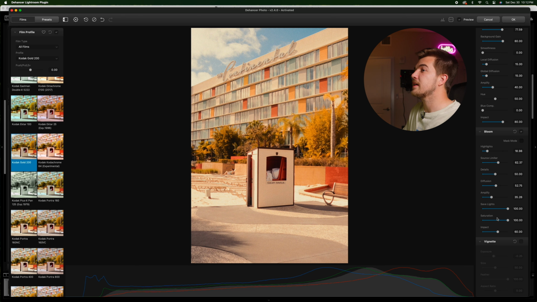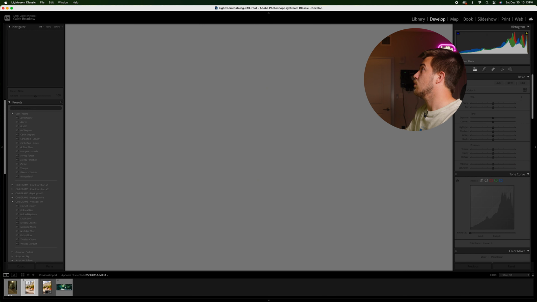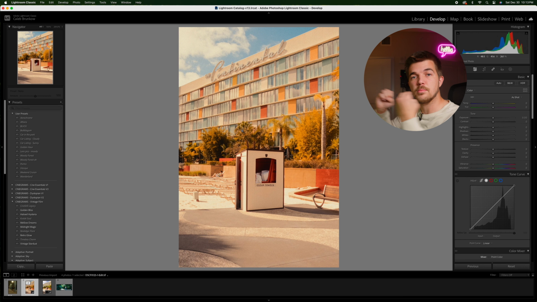And then finally we have vignette, which is just your basic vignette tool. It will vignette your image. Here we have our before and after photo that we have created, and I think it looks really cool. And so to bring this back into Lightroom, all we will do is just hit OK, and it will immediately put this image back into Lightroom, and we can make any further tweaks that we want, and also export, crop,